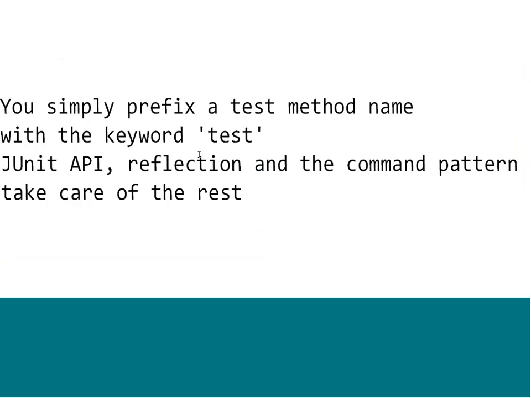So in a typical JUnit test, a JUnit test is nothing but a very simple Java class, a simple Java program. And to be able to identify the fact that you're writing a test, all you have to do is prefix the test method with a simple keyword called test. The JUnit API, reflection, and some design pattern, the command pattern, all put this whole thing together,